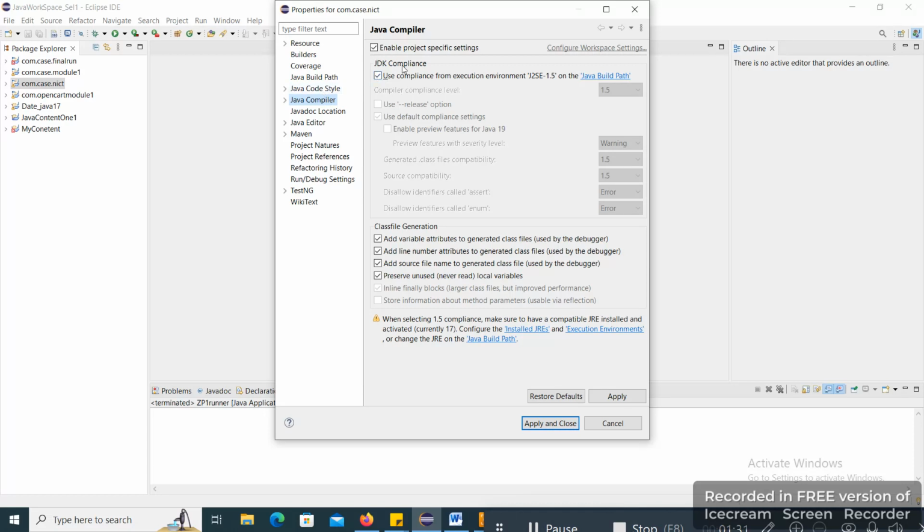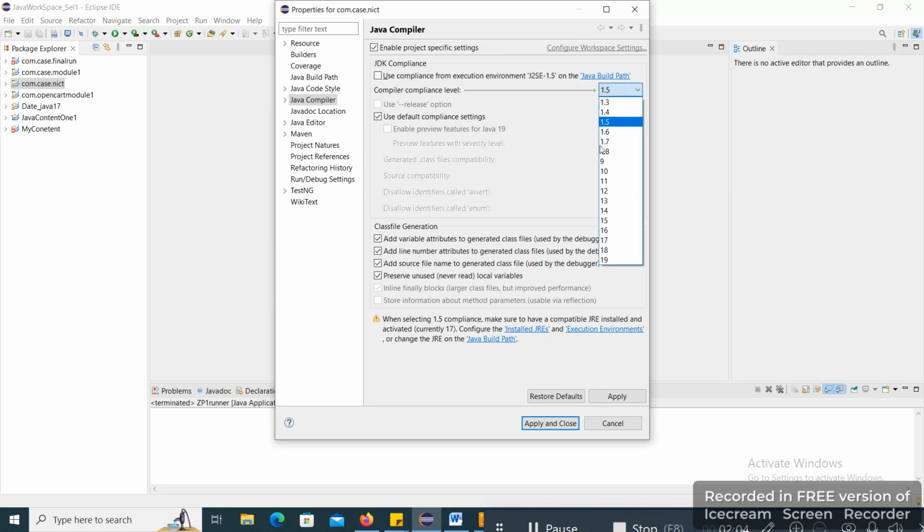So now what I have to do is I need to change the compiler. Fine. So now this is the default one, J2SE 1.5. Now I need to change. It may be like I need to upgrade or downgrade. So what I need to do is I need to disable this option. Fine. And immediately I can see this select box has been enabled and it will allow me to select the specific compiler. So here the default one, it is taking 1.5.